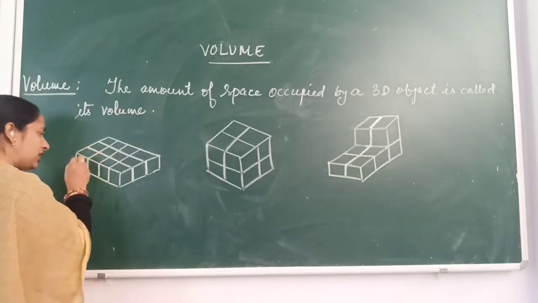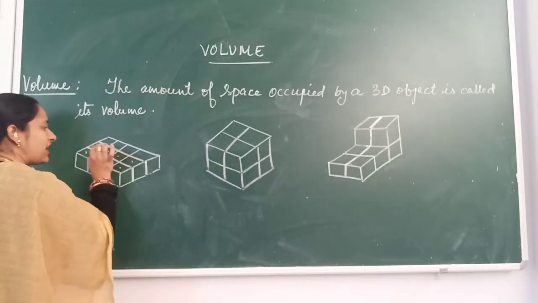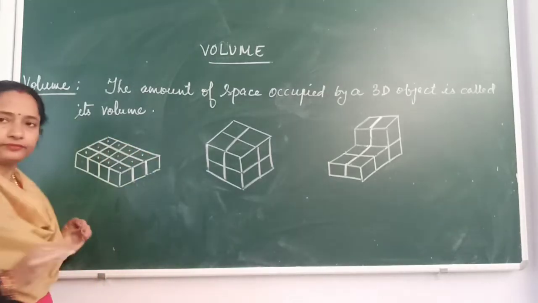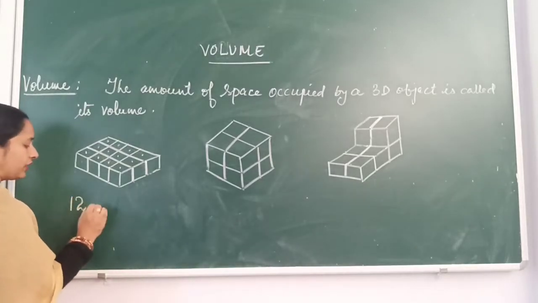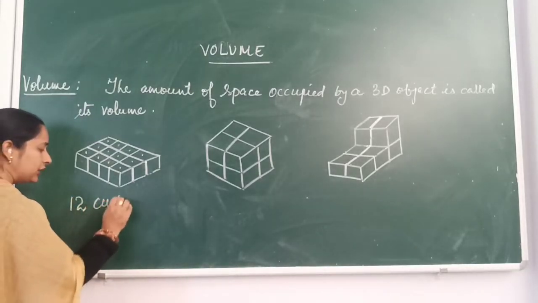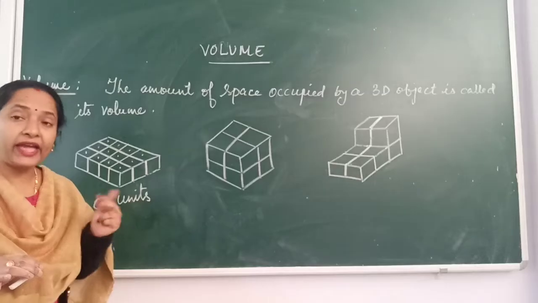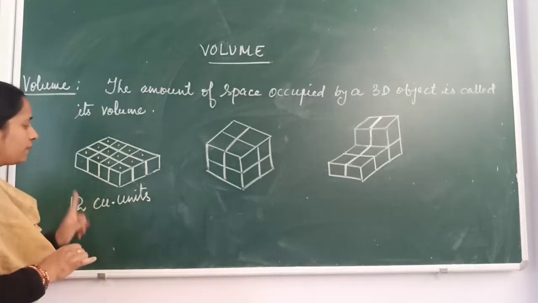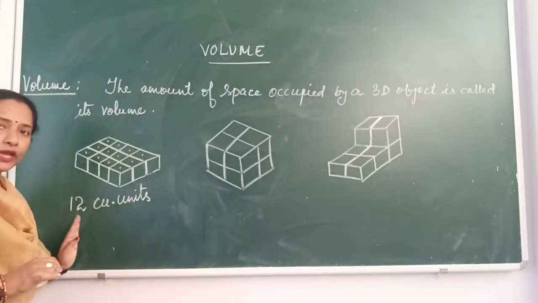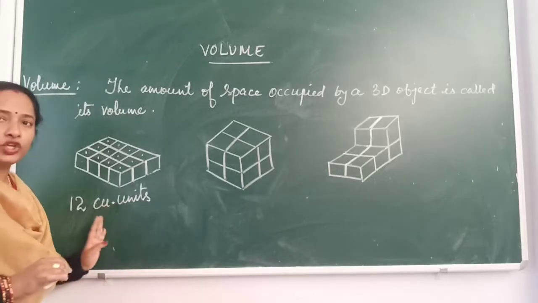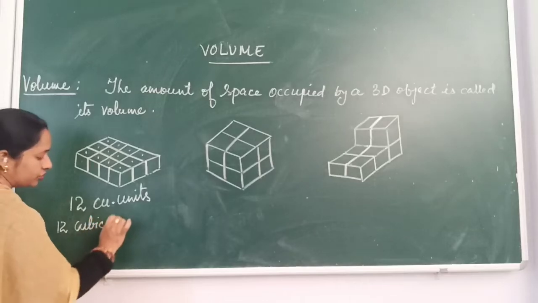From this it is very clearly observed how many unit cubes we have in total. Here this is one complete cube. 1, 2, 3, 4, 5, 6, 7, 8, 9, 10, 11, 12. Total 12 unit cubes are there. So its volume will be 12 cubic units. Okay? Like how we write the area in square units, for volume also you will count the total number of unit cubes and write 12 cubic units. In words, you will write cubic units.